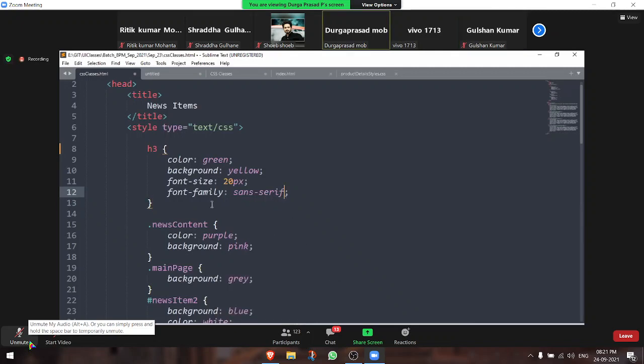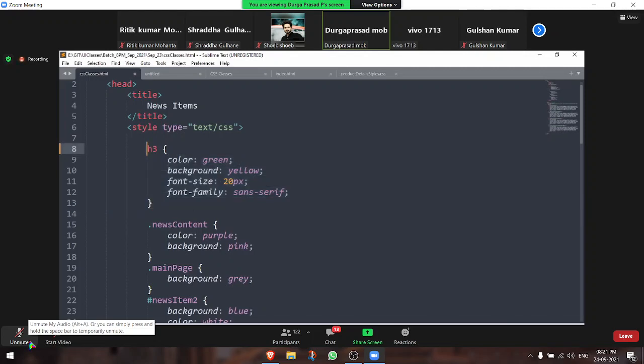Yeah. So coming to this, guys, earlier we were taking a class name and then defining the set of CSS properties. But now, instead of a class name, we are directly using the tag name itself. I'm saying that wherever you see the H3 tag, you simply apply these properties. Here we are not going to mention any operator.